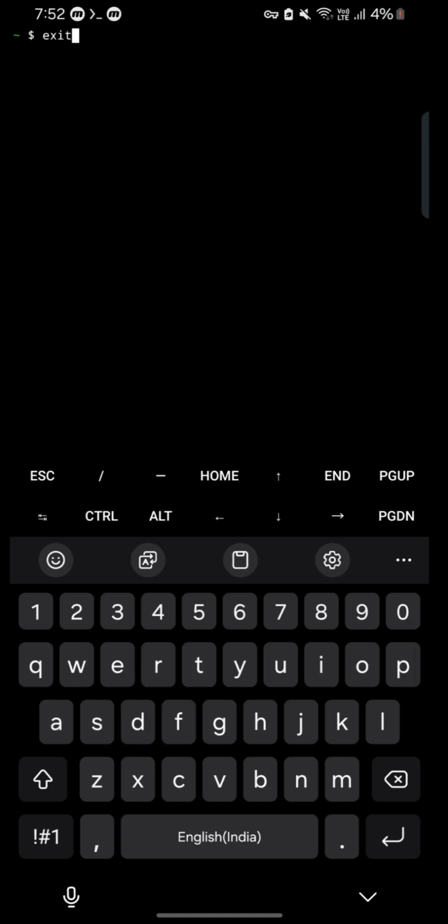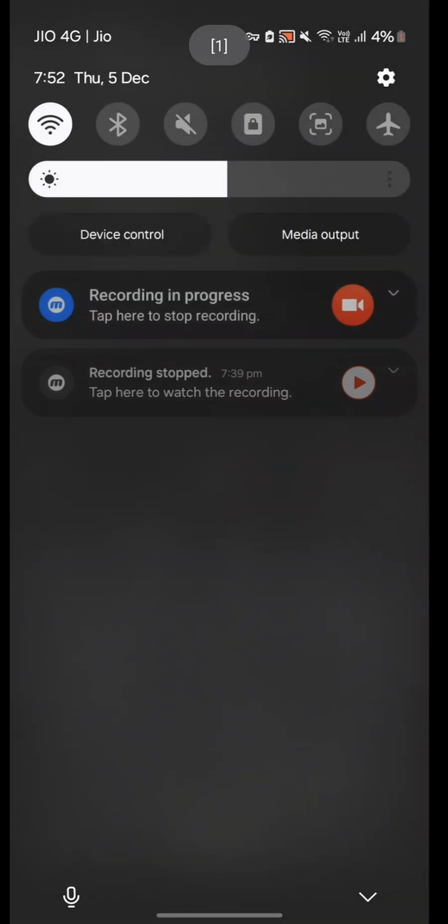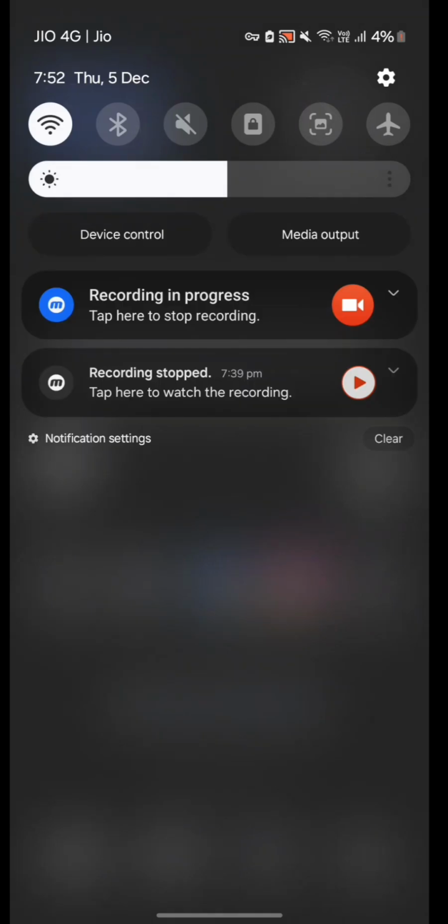Practice it, you will get it. Then we will clear the screen. Then if you want to exit, you can type exit here. Okay, this much only. Meet you in the next